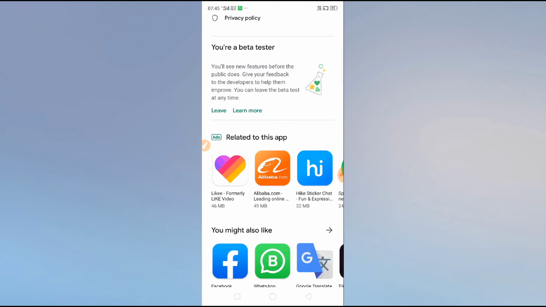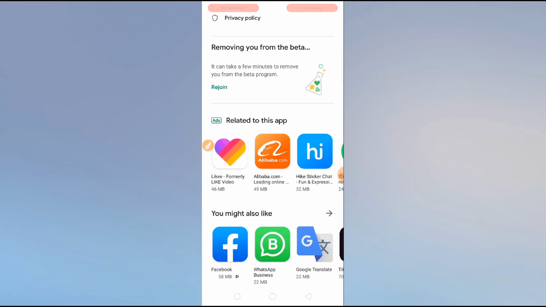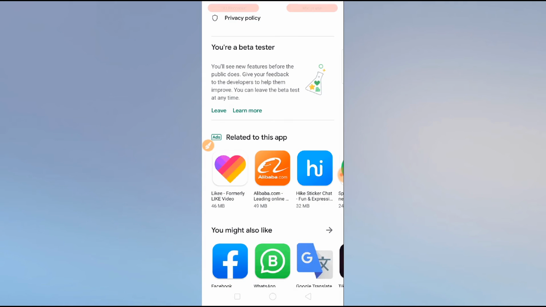and then you can see here you are a beta tester. So I am already a beta tester. You can see here beta tester. What you have to do is you'll find an option as join here, but I am finding leave, so you'll find join. So I will just leave this. So you can see here an option rejoin, so you have to click on join, and then what you have